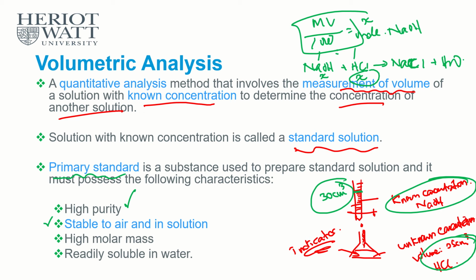And why must it be stable to air and in solution? Because when you have a solid state of NaOH, for example, if it is not stable to air, once you open the bottle, it is exposed to the air and it starts reacting with whatever is in the air. And then you continue the process of preparing the standard solution. So the standard solution is no longer NaOH because it might react with the air to form something else, a different substance now. So the chemical formula, everything changed before you actually do a titration. Alright, so that is why it must be stable to air, and as well as in the solution,